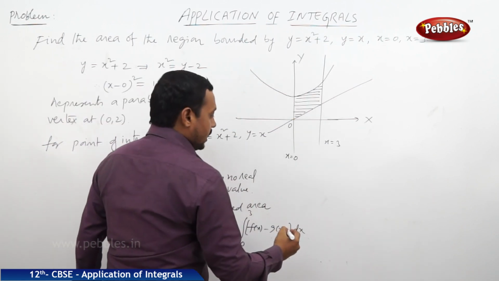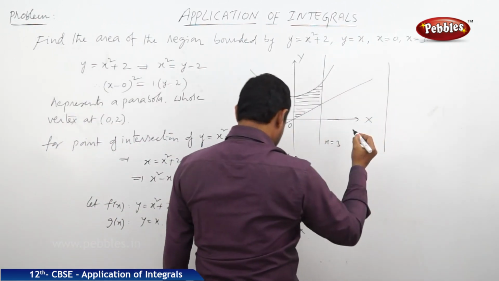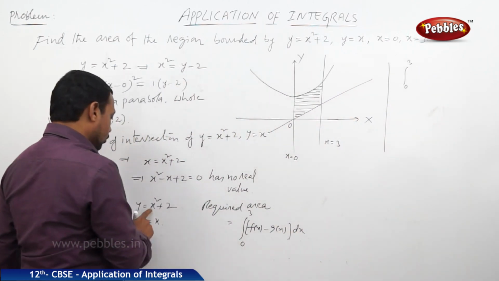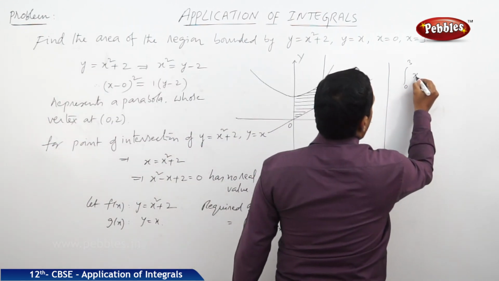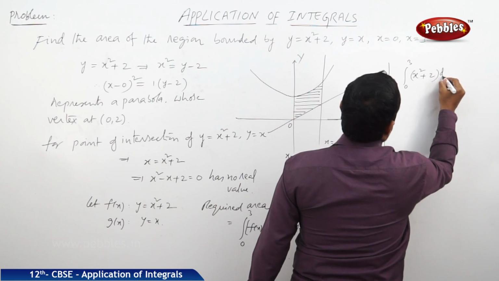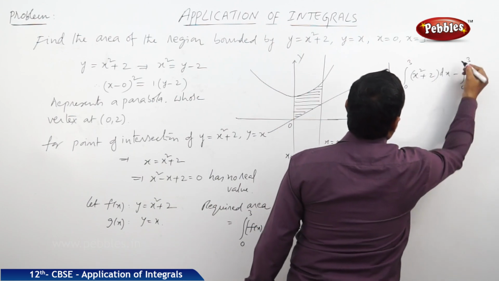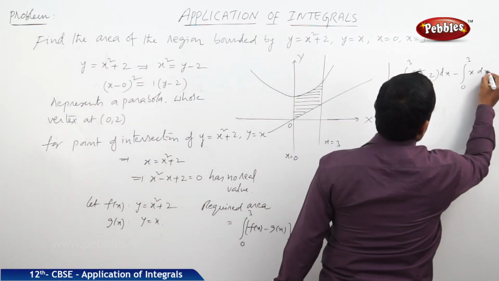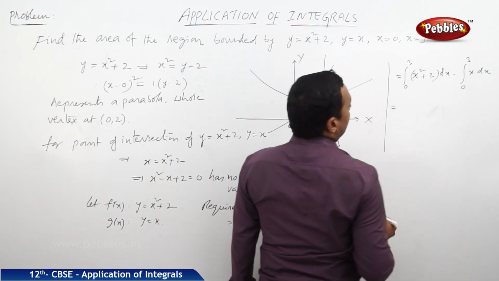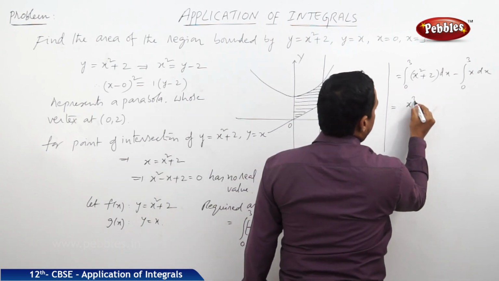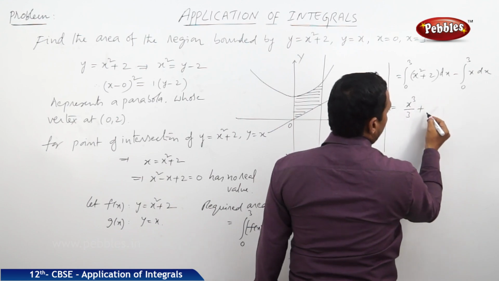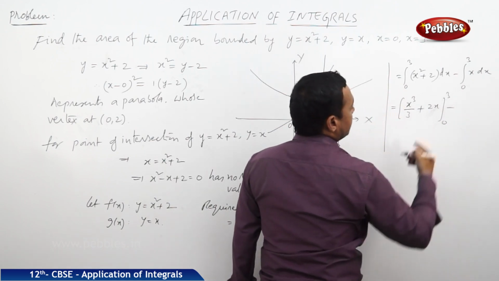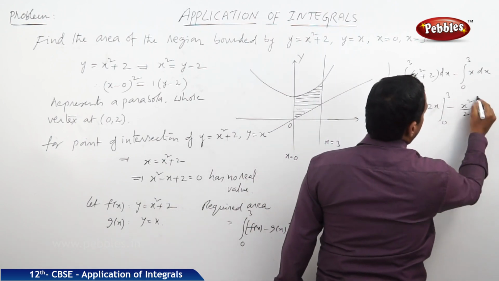Therefore, I am writing here the integral from 0 to 3 of f of x, where f of x is the curve x square plus 2, dx, minus the integral from 0 to 3 of g of x, that is equal to x, dx. Now the integration of x square is x cube by 3, plus the integration of 2 dx is 2x, between the limits 0 to 3, minus the integral of x, which is x square by 2, between the limits